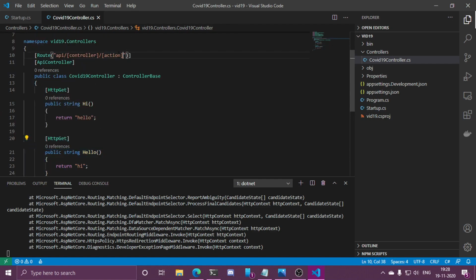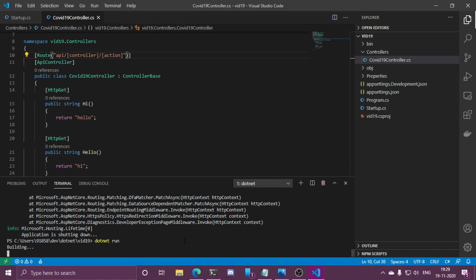So this is the complete stuff. This is how the routing works. If I leave out the controller part and just the action part, I can also do that. So let me first of all show you this controller action thing.